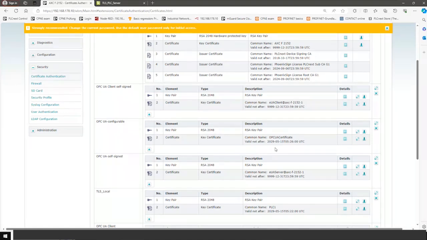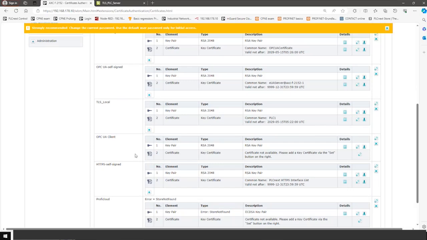Be also aware that the certificates have an expiry date. So this certificate here is valid until 2029, and then you have to create a new certificate. So they are not valid for a whole life, at least not all the certificates. Some certificates you can see here are valid until 9999, so forever, but some certificates have an expiration date.